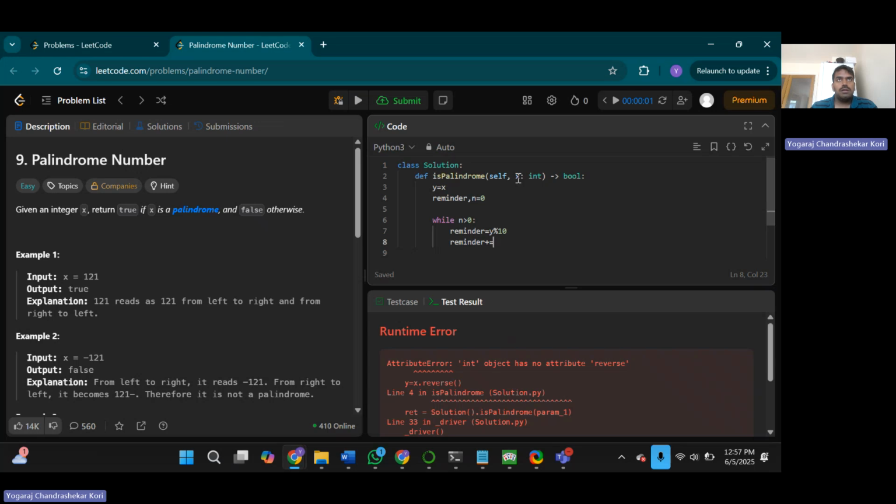So this remainder, which is 1. So, y minus remainder, which became 121 minus 1, plus